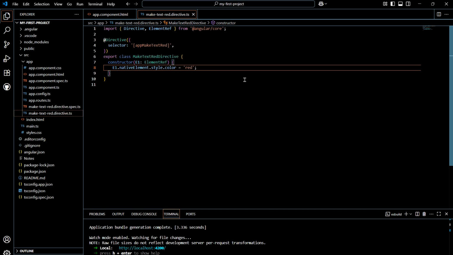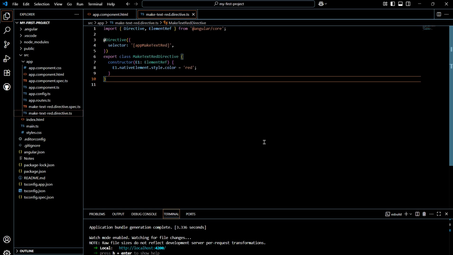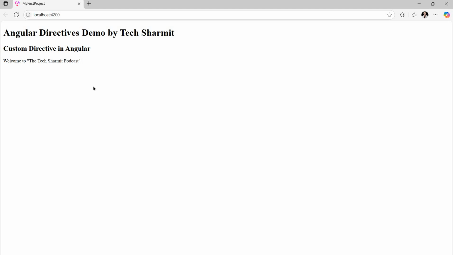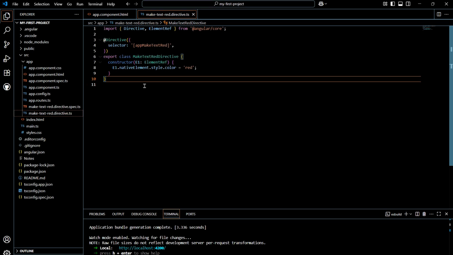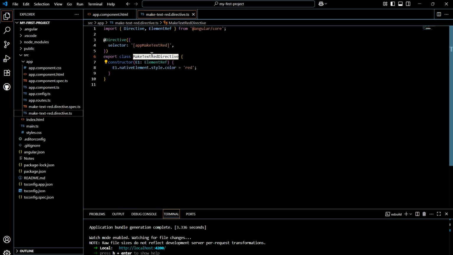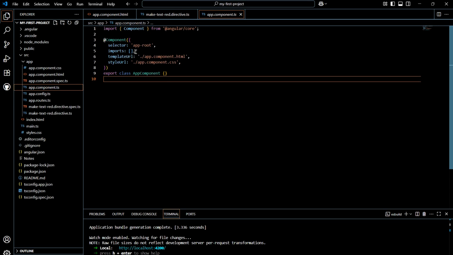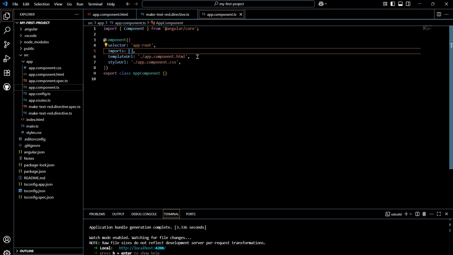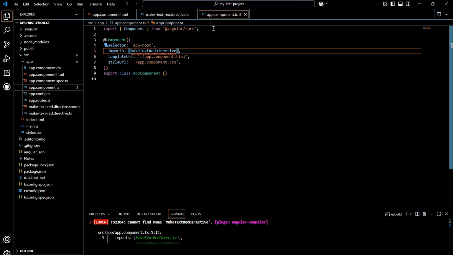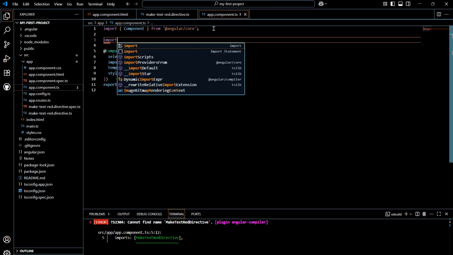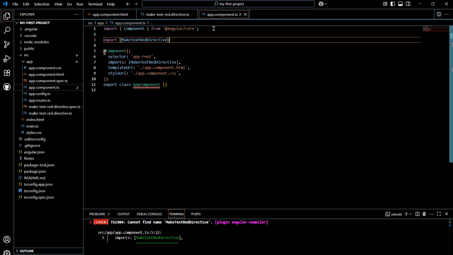Now my question is, are we able to get the color now? No, not yet. Why? Because if you refresh it, you can see there is no color. We have created the directive, but we have not registered it with the component.ts file, and that is a very important thing. To register it, you can simply copy this class name from here, then go to the app.component.ts file. In this TS file, we will write it in the imports section, and after writing it here, you need to manually import it. So simply write import, then the name of the class, from,